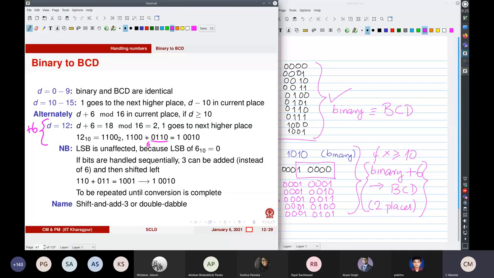Now what we can do is, instead of adding 6, so we are adding 6 to 4 bits. Instead, what we can do is, if you just take 1, 1, 0, 0, so we are adding 6 this way. So this is 6, 0, 1, 1, 0. Okay. So if you look at it, this is 0. So whatever you have, whether it is 12 or whether it is 13, basically, if you add this, the result will be